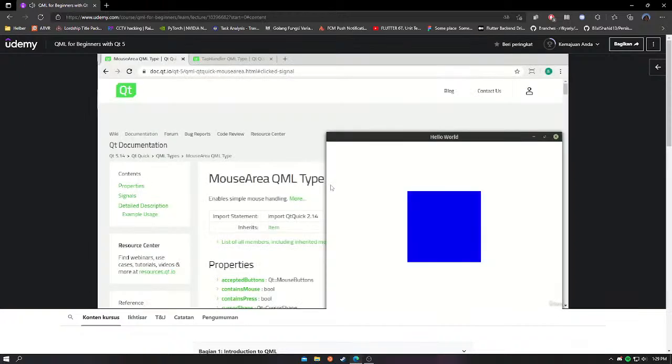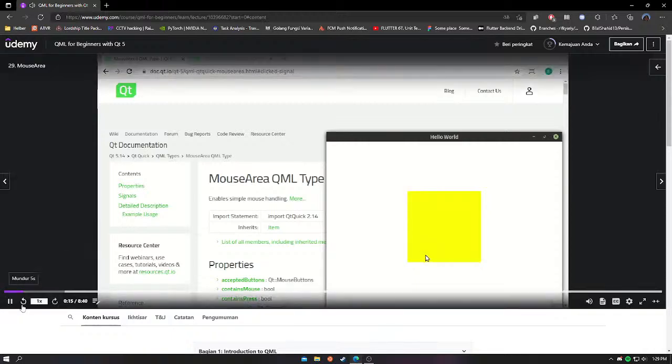In this video, we're going to talk about the mouse area. This is extremely cool and allows for some really interesting user interactions. It's much more complex than the tap handler, and you can take a simple object such as a rectangle and make it